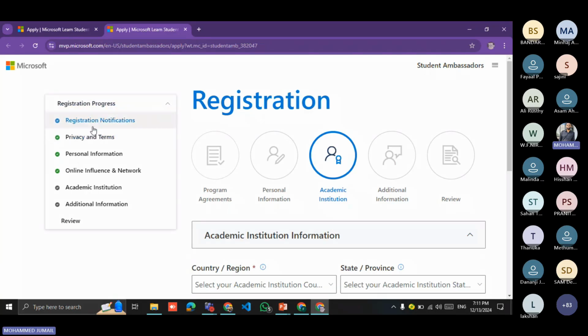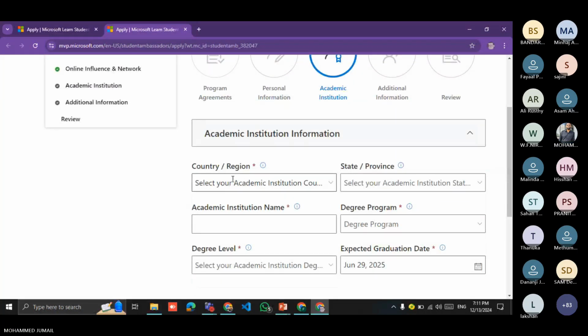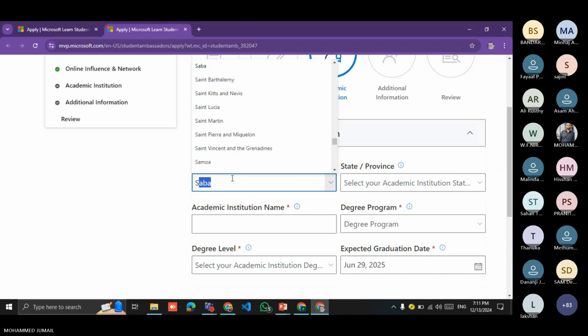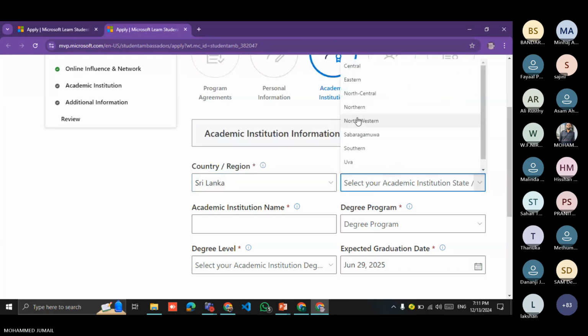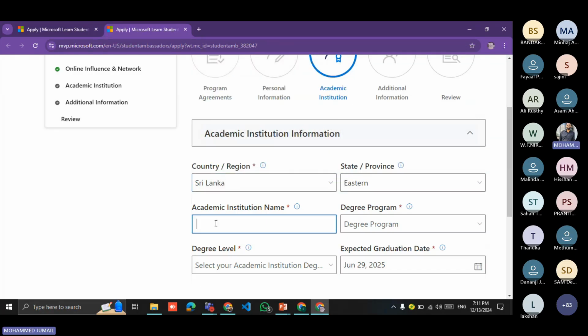registration progress. Now you can see the registration progress: registration notification, privacy security, personal information, online social network, and academic institutes. In this interface, you can enter your academic institutional details.